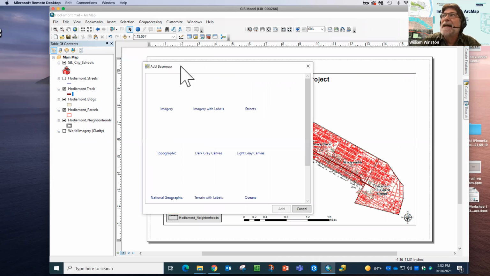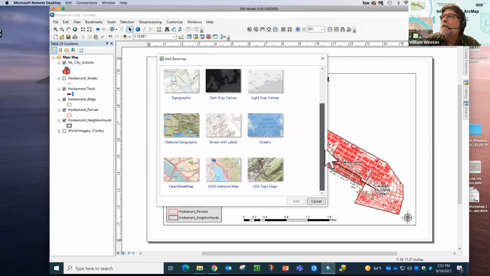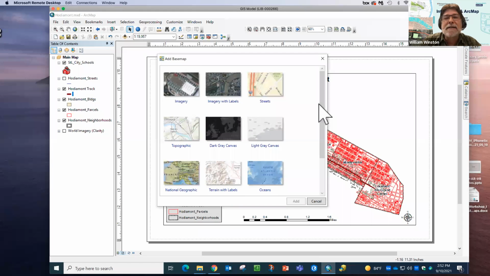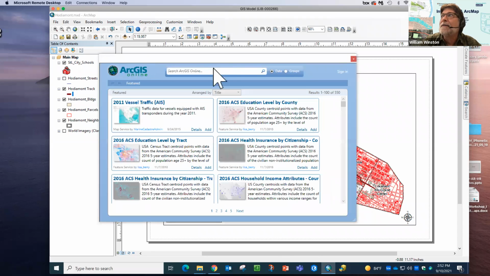If we were to add base map, you'll see that there's just a limited set of options here, and these are not optimized for display, although they are serviceable. So if you decide you like one of these, there's nothing wrong with using it. But I'm going to cancel that and go back to the drop down and add data from ArcGIS Online and just search on imagery